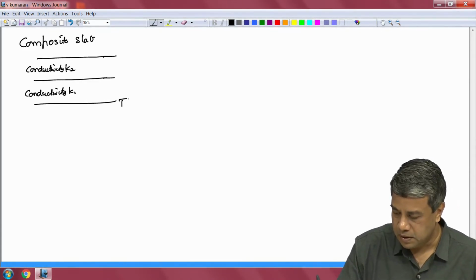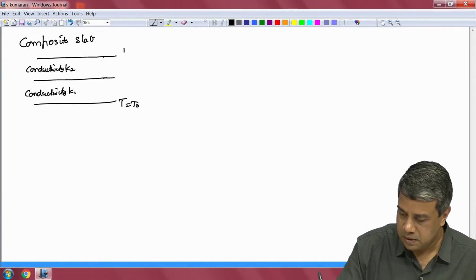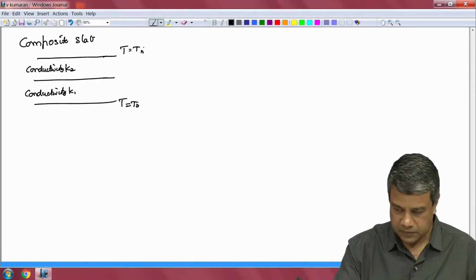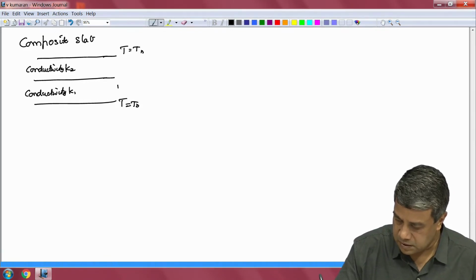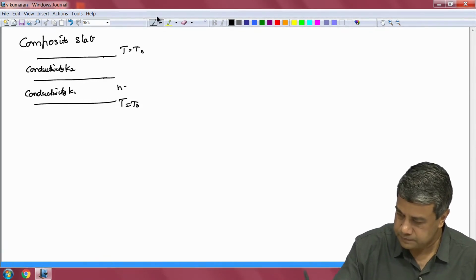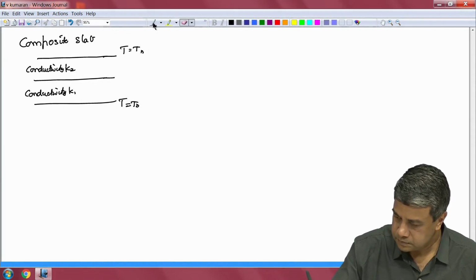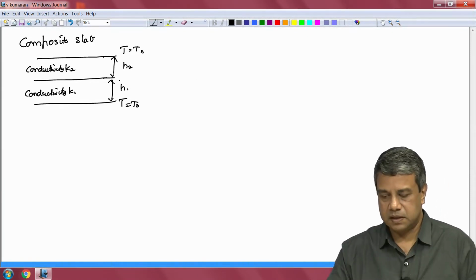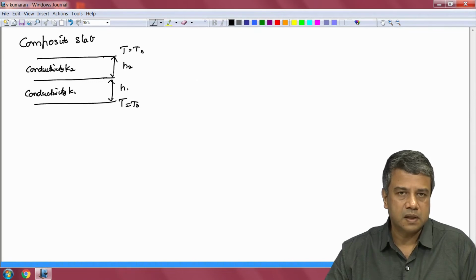T is equal to T naught, T is equal to Th, and the thicknesses are H1 and H2. The two slabs have thickness H1 and H2, conductivity is K1 and K2, and the total